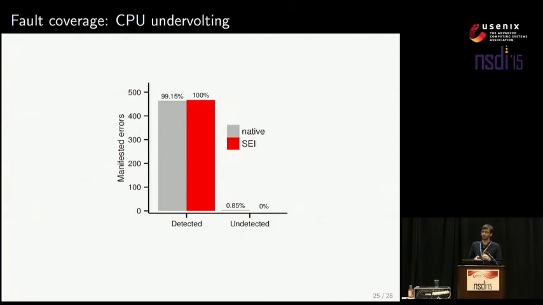Just some details here for our fault injection. We have performed undervolting. So we have an AMD Bulldozer processor where we fix the frequency of the processor and we lower the voltage of the processor, bringing it to an unstable state. The important result of this experiment was that